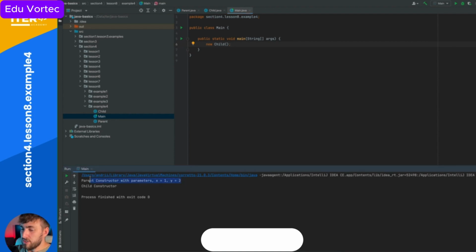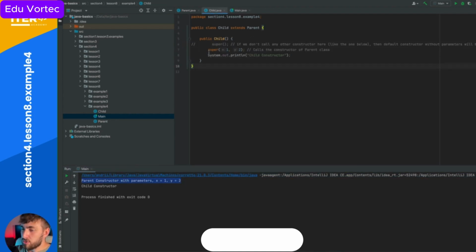As you can see, the parent constructor with parameters was called first. This is because at the very first line of the child constructor, we call the parent constructor with parameters. And afterwards, the System.out.println statement was executed from the child constructor. Also, please note that if we don't call any other constructor here, so if I comment this line out,